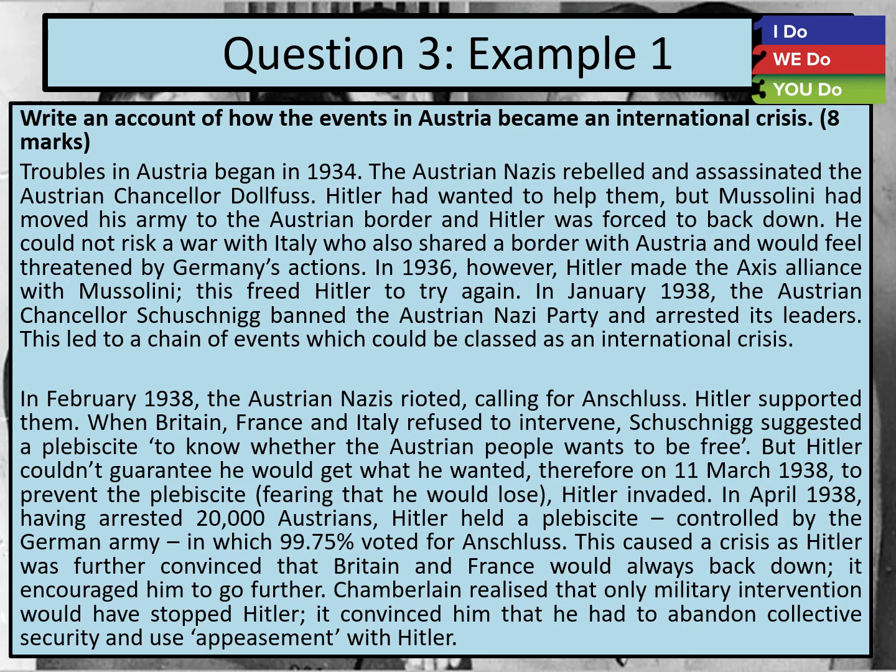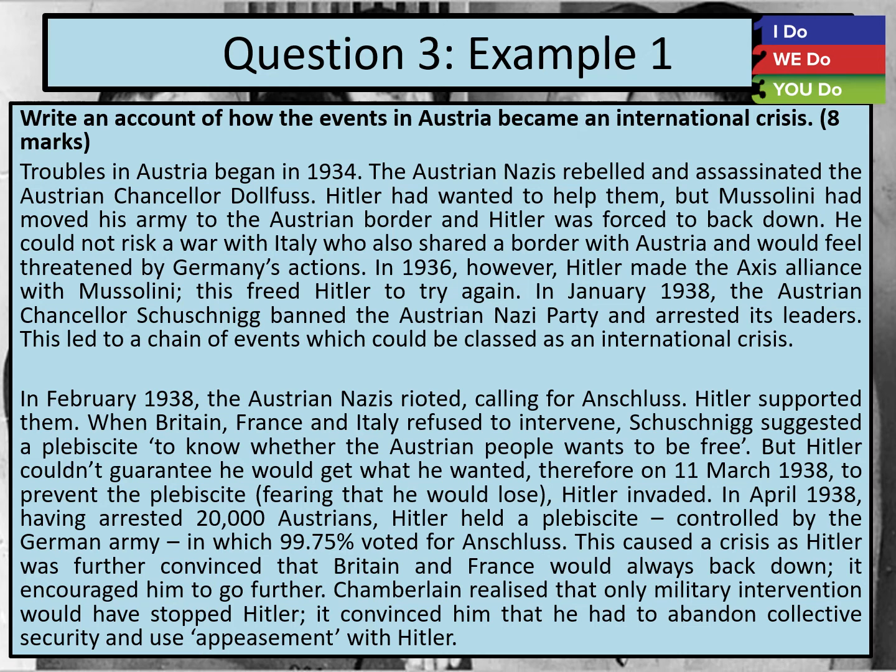When Britain, France and Italy refused to intervene, Schuschnigg suggested a plebiscite to know whether the Austrian people wanted to be free. But Hitler couldn't guarantee he would get what he wanted. Therefore, on the 11th of March 1938, to prevent the plebiscite, fearing that he would lose, Hitler invaded. In April 1938, having arrested 20,000 Austrians, Hitler held a plebiscite, controlled by the German army, in which 99.75% voted